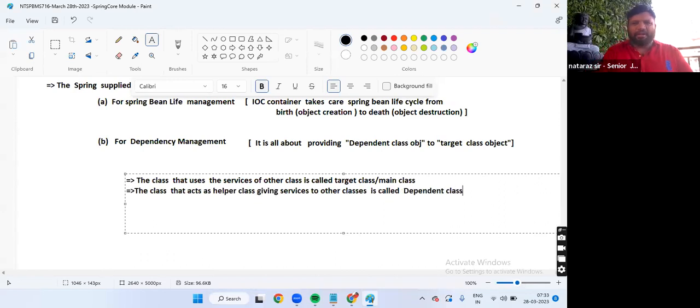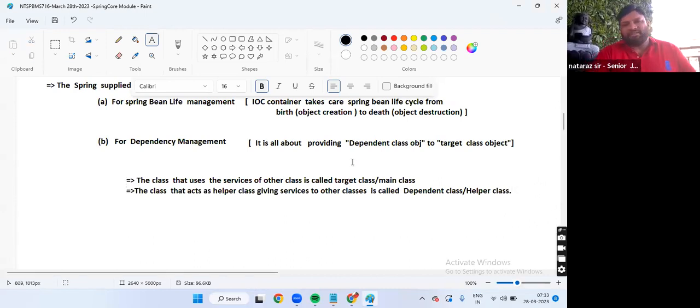Is called dependent class or helper class. Now listen, in the office, employee uses attender service. Employee is the target class. Attender is the dependent.